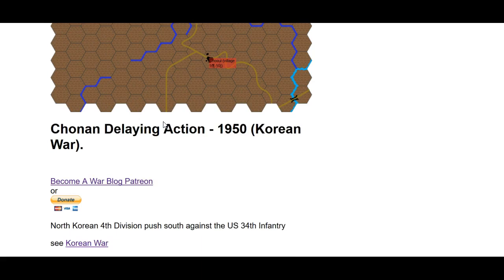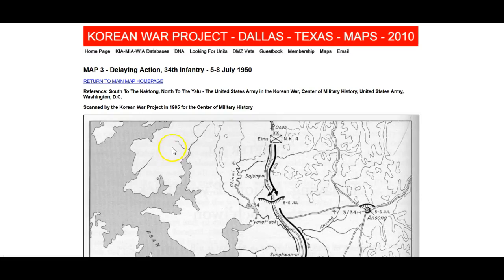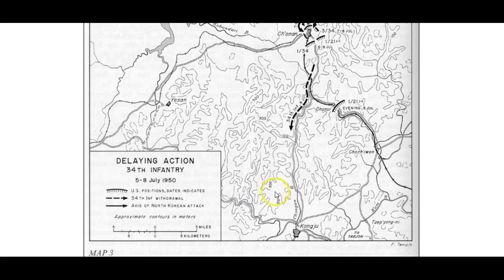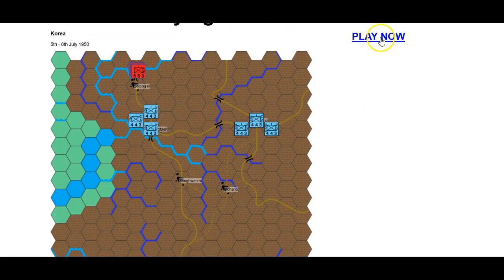Anyway, sort of interesting. The only reference I've got to this, it's not really got a battle, is this map. It says delaying action, and it's Chonan, so I called it the Chonan delay in action. It's got the 34th Infantry withdrawal, Axis North Korean attack, and that's it. So I thought it looked like a nice simple map and a nice simple arrangement, so let's see